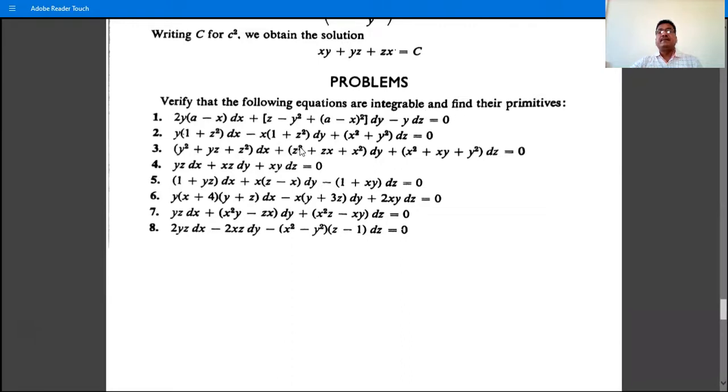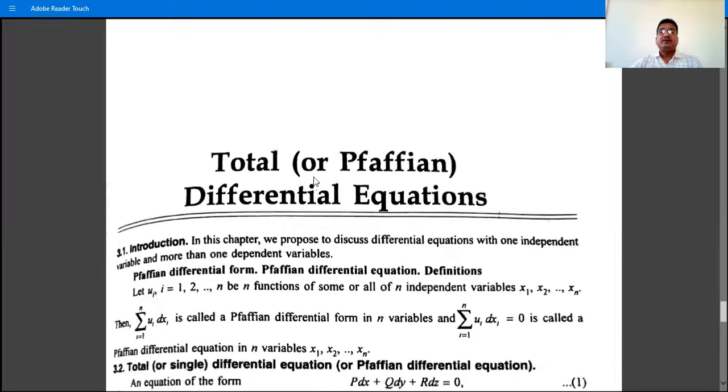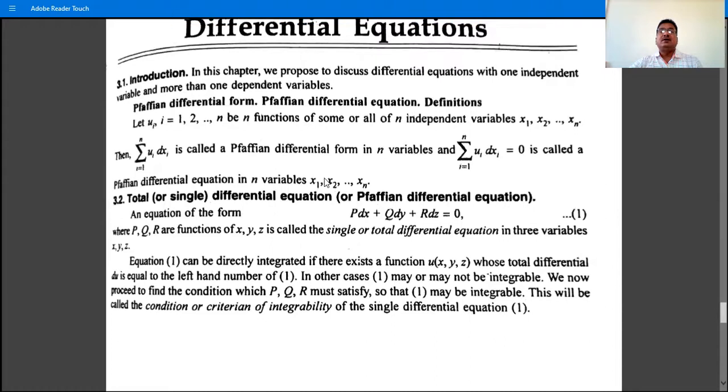That is, in each example of a Pfaffian differential equation, first verify whether the given differential equation is integrable or not integrable by finding X bar dot curl X bar equal to 0, and then find their primitives, that is their solutions. So solve all these examples. Then these are some